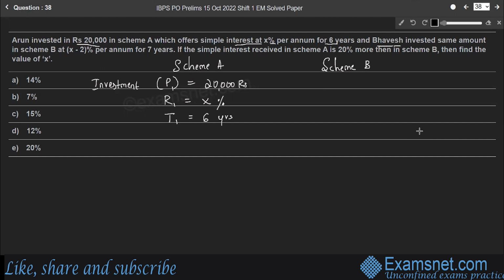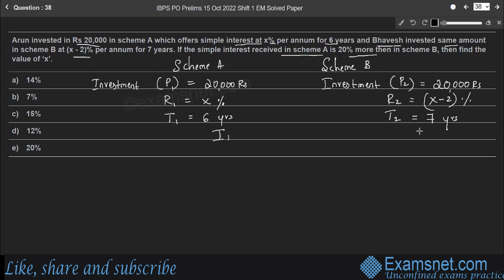And Bhavesh invested same amount in scheme B. So in scheme B, investment or principal P2 is same amount, that is 20,000 rupees at X minus 2% per annum. So rate of interest R2 is X minus 2% per annum for the time period of 7 years. Now, if the simple interest received in scheme A is 20% more than in scheme B, that means I1